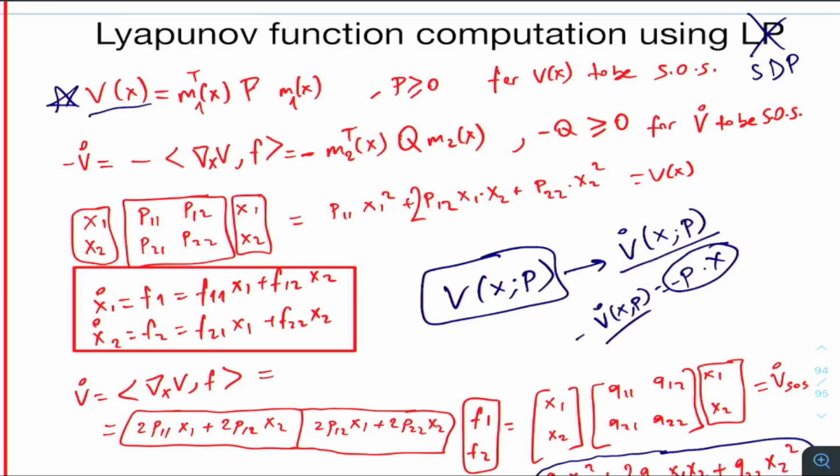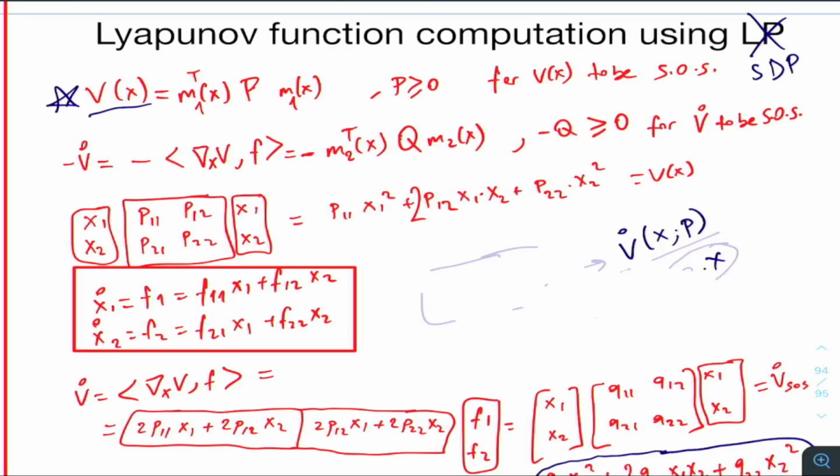And for that we are going to employ another matrix called Q, like in the linear Lyapunov function, right? We are going to employ another matrix Q, and at this second I feel like somebody in the viewer is thinking, hey, why don't we just use P, right? I mean, but there is a reason why you wouldn't like to use P directly. Or what I'm saying is this, okay, you have, and let me explain,